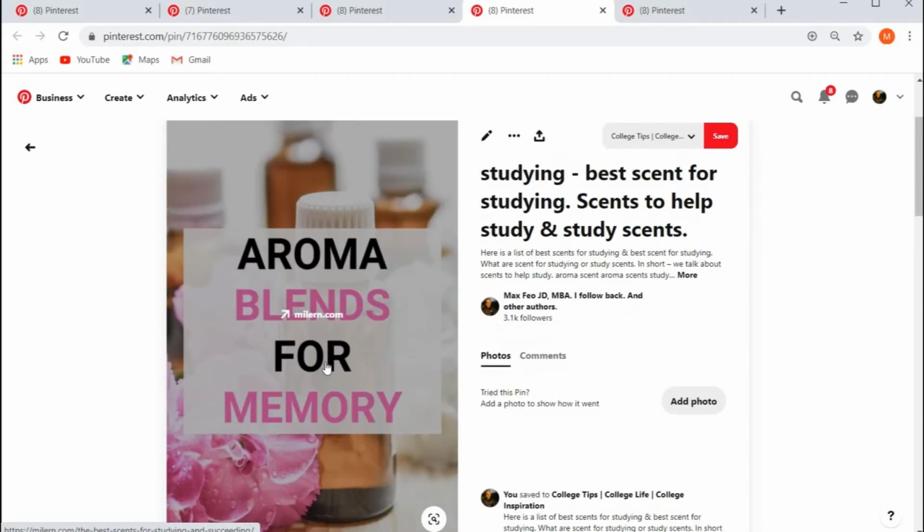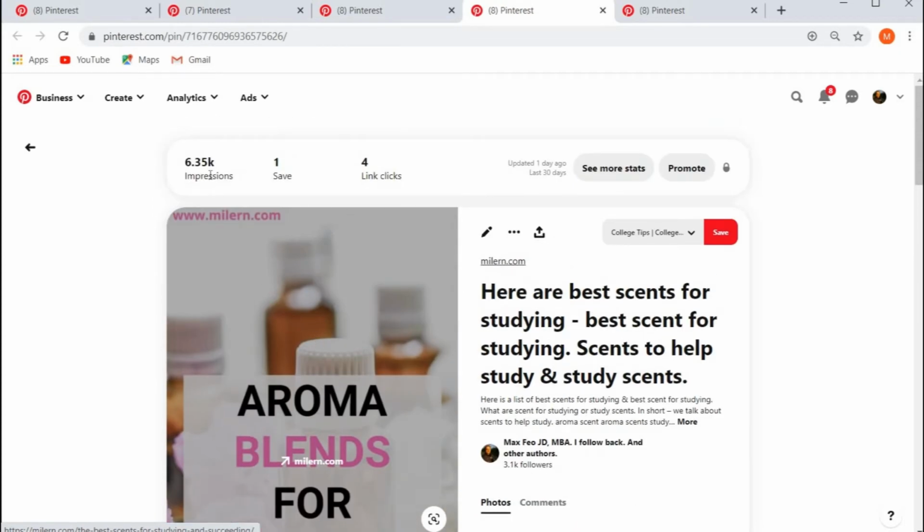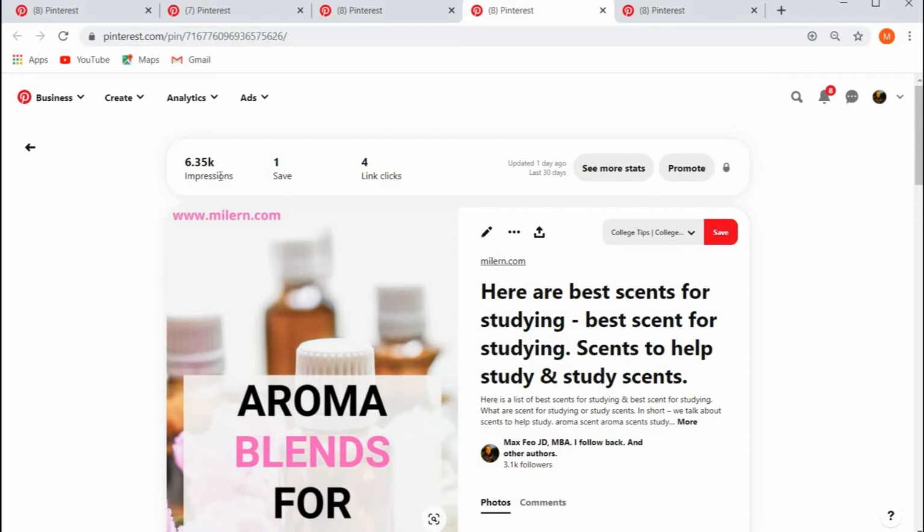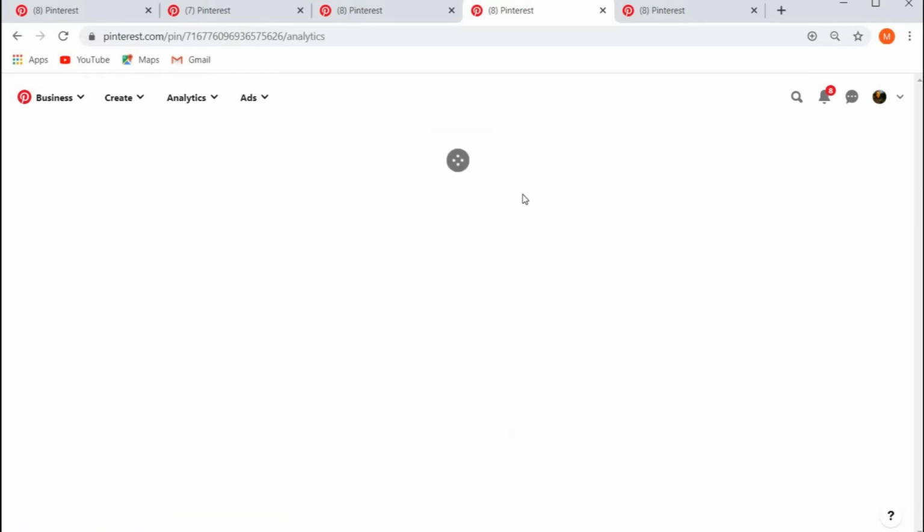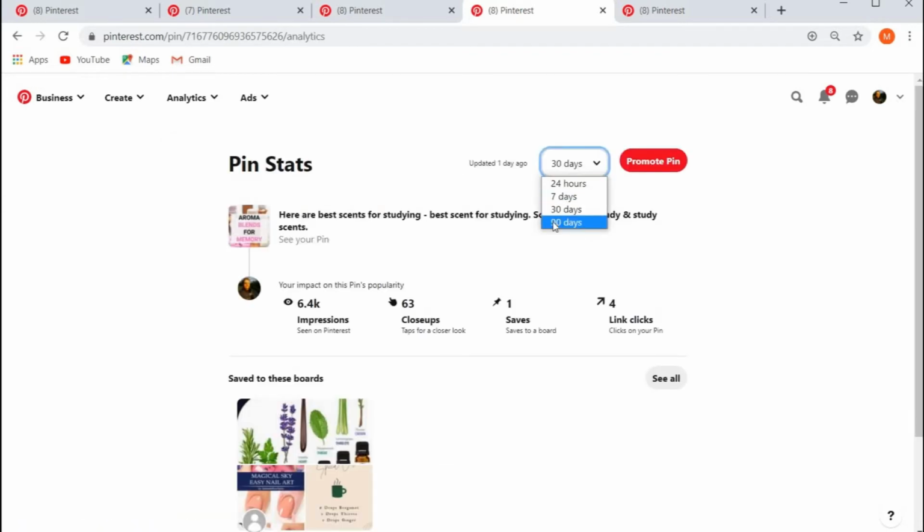And I also wrote an article. Actually, Irene wrote an article about it. I edited it, and it's got more than 6,000 impressions. It's also got one save. It has only 4 link clicks, but again, this pin is, I think, less than 3 weeks old. Okay, so let's see the general stats, and nobody's going to show you this stuff. I mean, I'm showing you such intimate information. In the last 90 days, this pin got 6.4, almost 1,000 impressions, 1 save, 4 link clicks. Because it's less than a month old, 90 days and 30 days are the same.